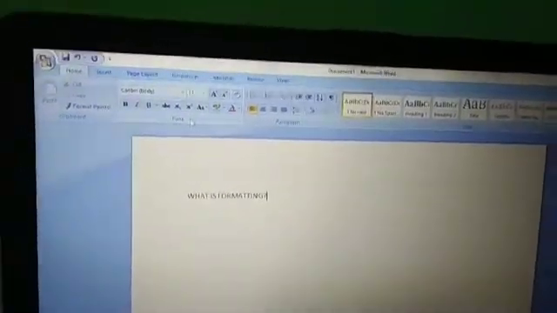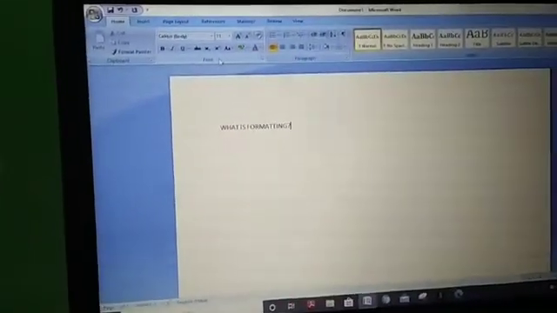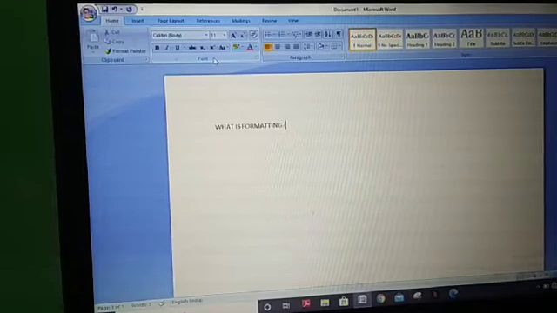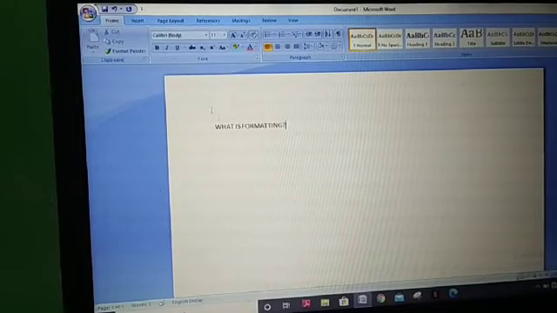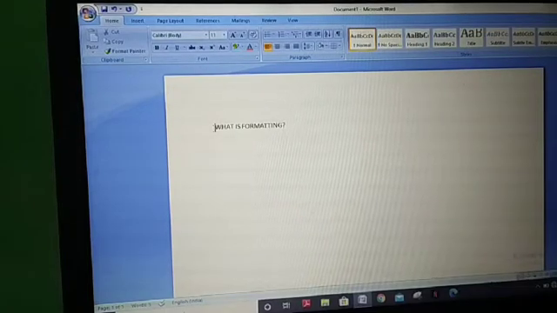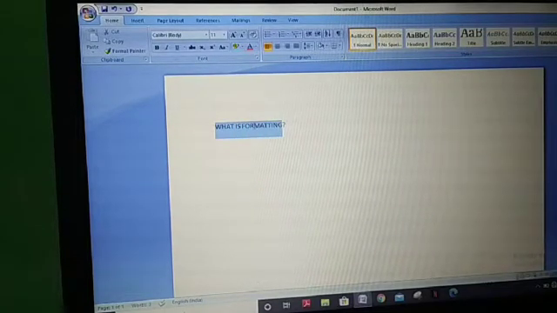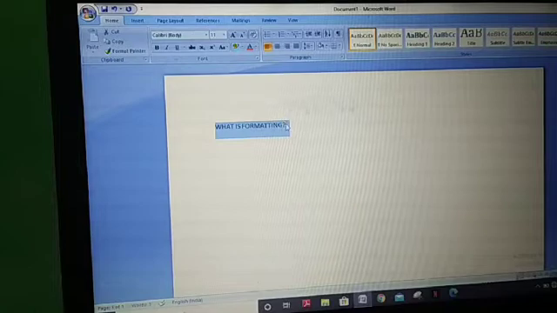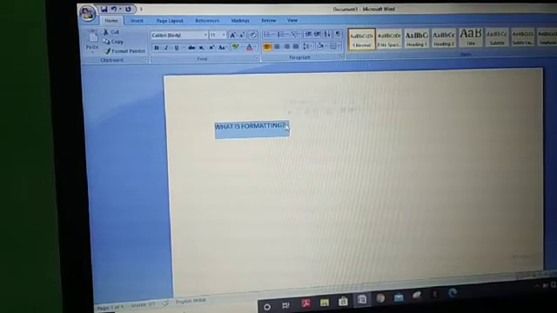So let's see how we can format. One by one we will apply these buttons. First of all, for formatting, we need to select text. For selecting text, there are various methods.